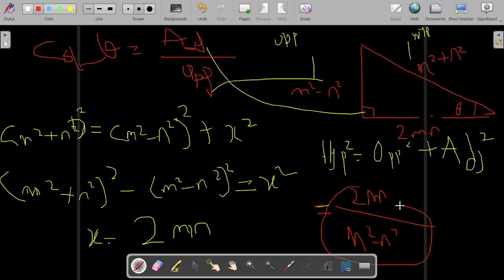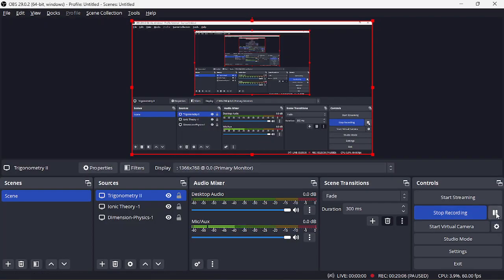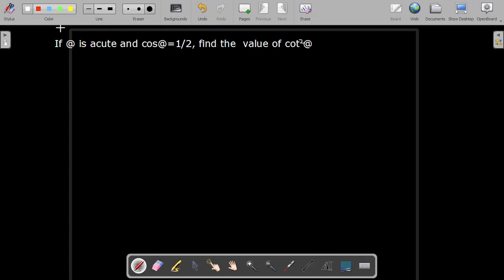So question 2. If theta is acute and cos theta is 1/2, find the value of cot square theta. That's very simple. That's the same question. So how do we do that? We say,